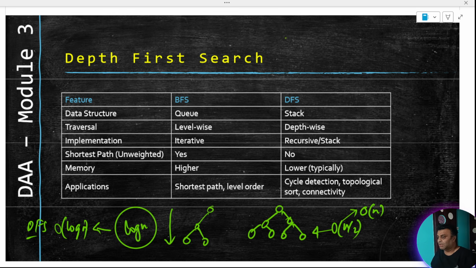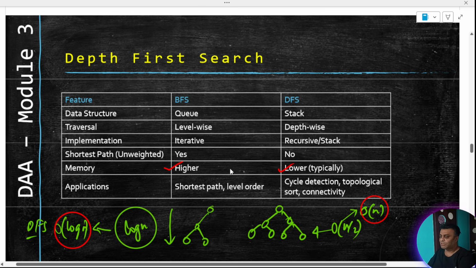Now compare these two, which is order of log n versus order of n, and then you can understand why I am saying the memory is higher here and lower there. To store and to actually use that in the search process, you would require that many auxiliary memories, which is why we are talking about order of log n versus order of n in terms of the complexities. So that's on the depth first search.